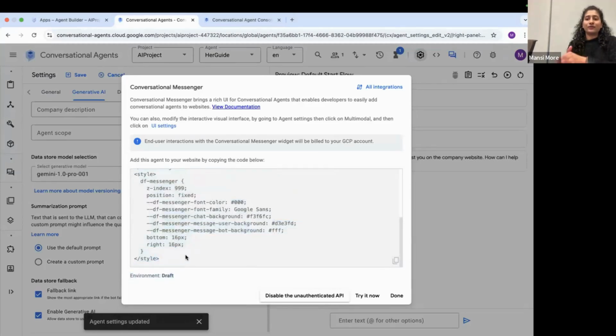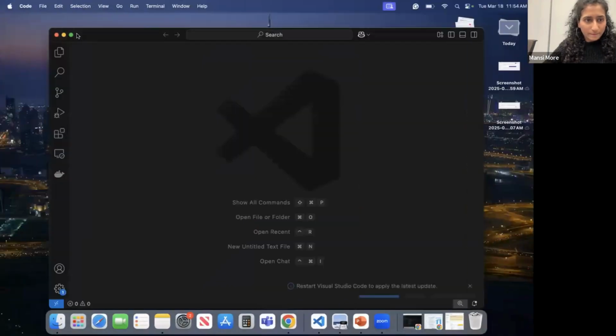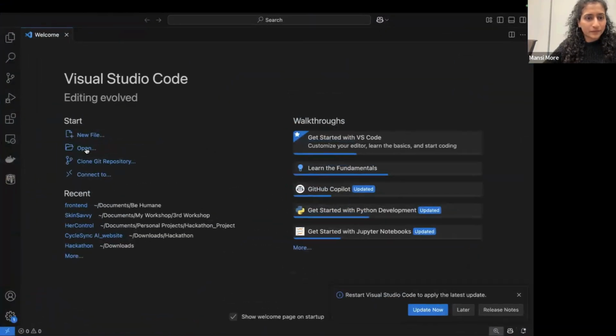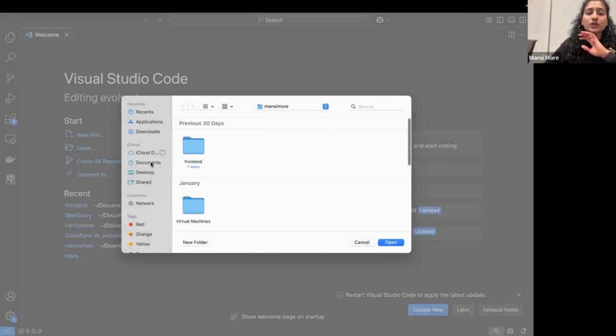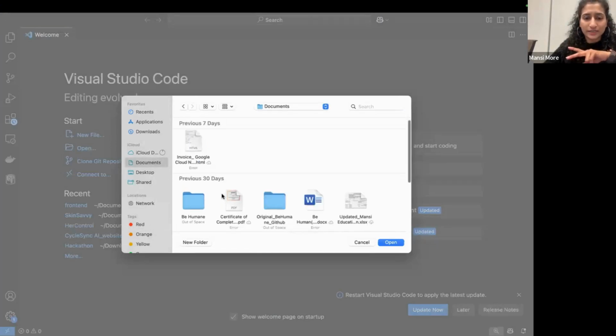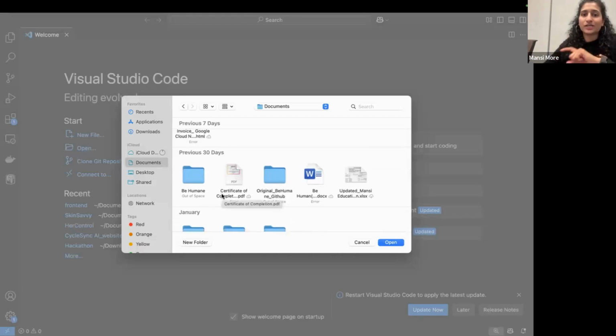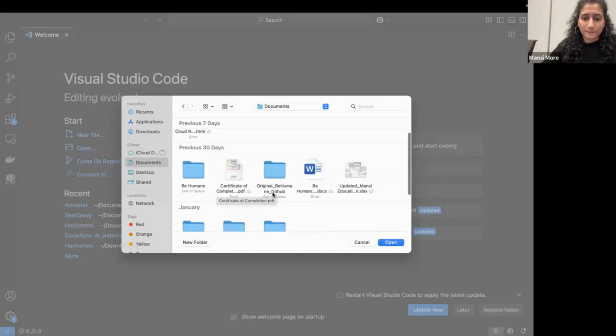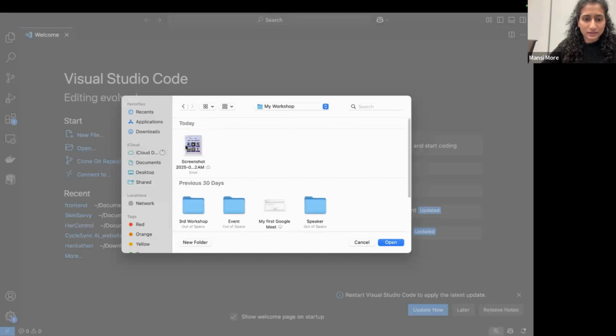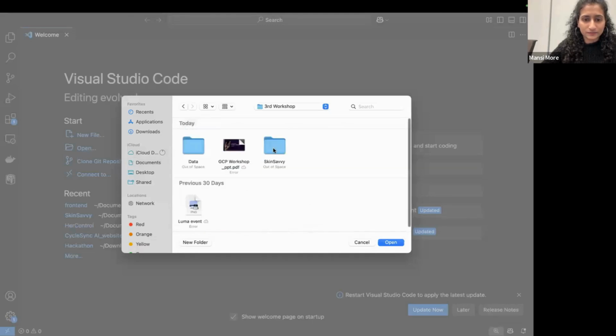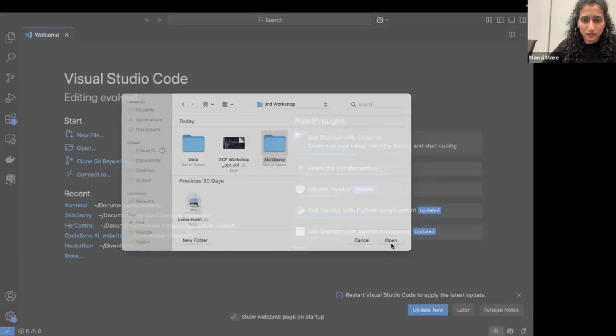In the Google Drive link which I have provided, you can see one more folder, the code folder. If you open the code, you'll be able to see two files: main.py and index.html. In the index.html is where you're going to put your chatbot code. So let's see. Yep, here we go.